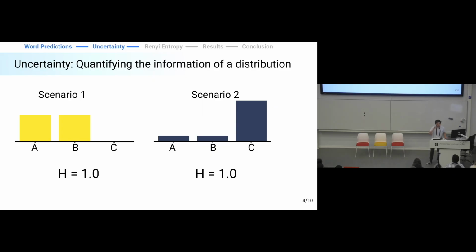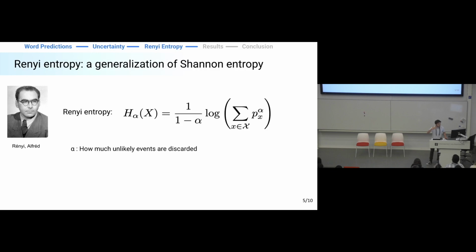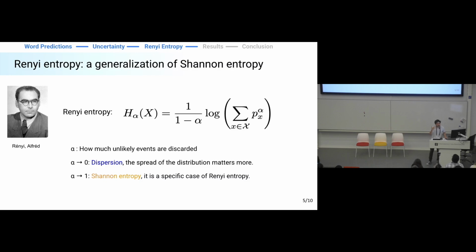So there's something here that is not quite captured by Shannon entropy, which is why we thought of introducing another metric, which is the Renyi entropy. It was introduced in the 60s by this mathematician. It's an eponymous measure, and basically it depends on one parameter, alpha, which shows how much unlikely and likely events are weighted in regard to each other. For example, if alpha is very small, then likely and unlikely events are considered equally. So the only thing that matters is the number of events that are non-null. And if alpha is equal to 1, it's just the Shannon entropy. We're going back to a specific case.